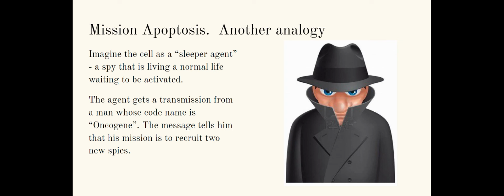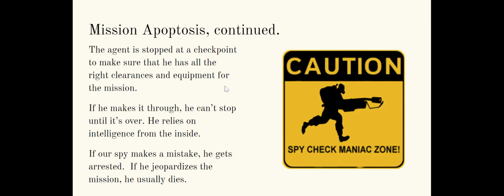The message says, your mission is to recruit and train 2 new spies who can function exactly the same way you do. We've been compromised. We need more people on the ground. So that's his mission. But first he has to stop at a checkpoint and make sure he has all the clearances and the equipment for the mission. And that's the same thing the cell does. The cell will check and make sure, do we have everything within this cell to reproduce? Do we have all the materials? Are we healthy enough to